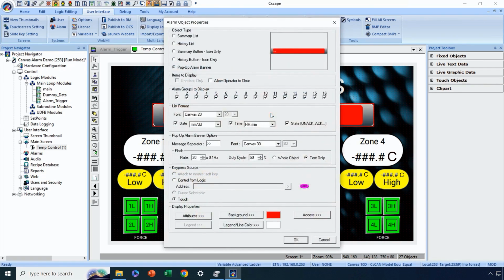Once again, this will only appear when we have active unacknowledged alarms. We can also tie this object to specific groups if we choose. We can choose the font style and size of the text for this object. Then in the pop-up alarm banner options, we can add a separator between alarms, which is useful if we have